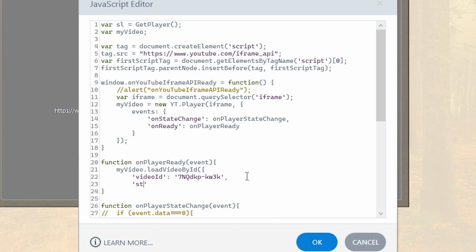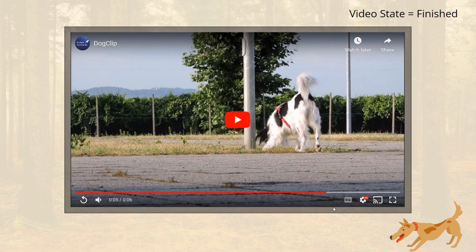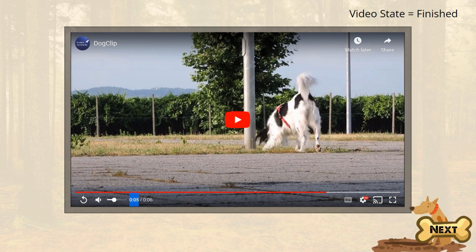This allows us to change the ID value of the video object at the moment that it is loaded, but the function also gives us the ability to define what are the start and end points in seconds for the video. So we can keep the ID value the same as our already loaded video if we don't actually want to change this. And the most important parts to this are the start seconds and end seconds values. If we publish this, you will be able to see the result, and the finish state actually triggers when we get to the defined video endpoint too, which is great for our automation management.